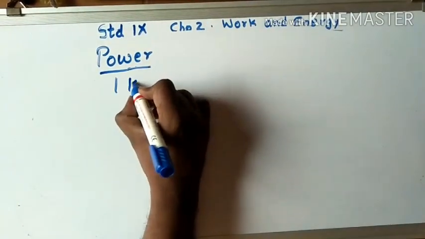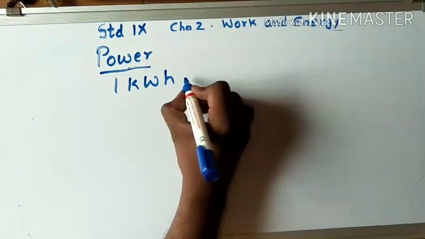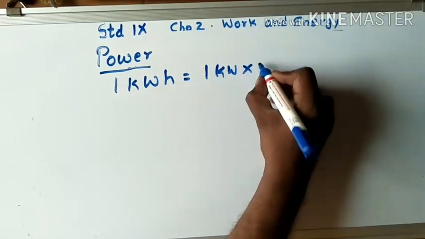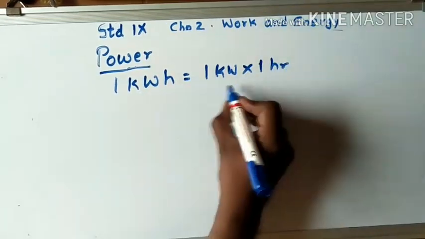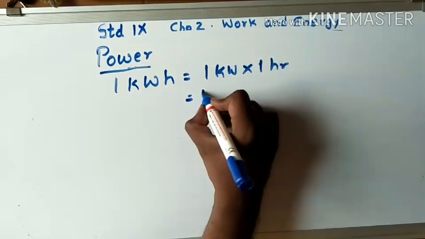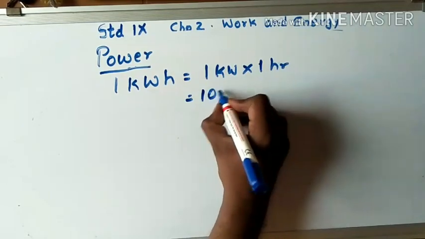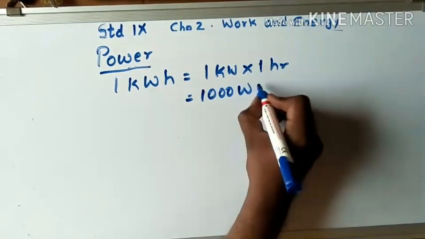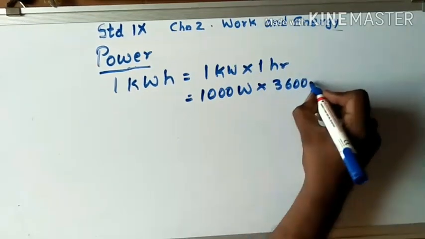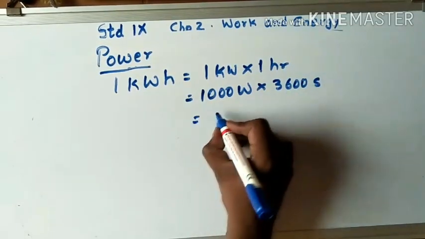So 1 kilowatt hour is equal to 1 kilowatt into 1 hour. Kilo means 1000, so 1000 watt into 1 hour, which is 3600 second, that is equal to